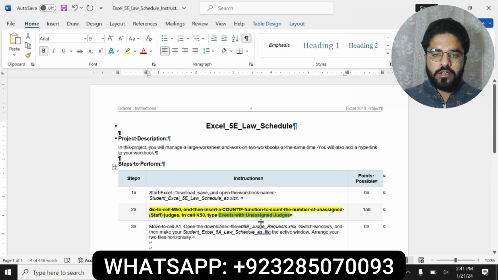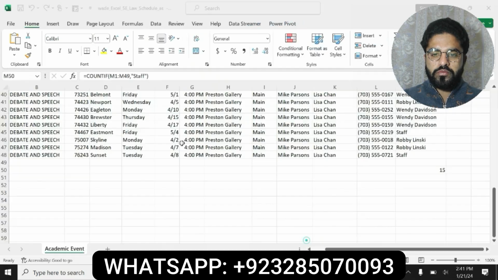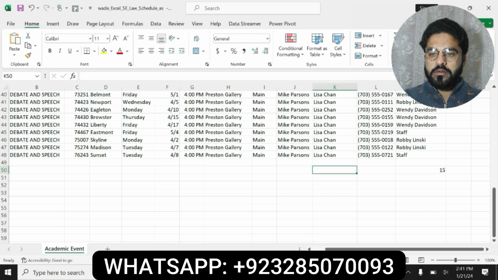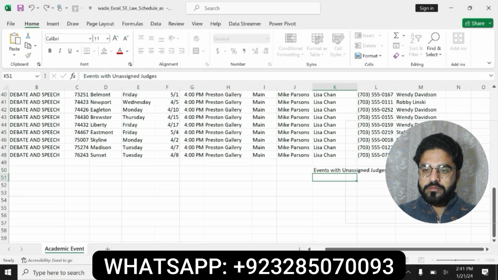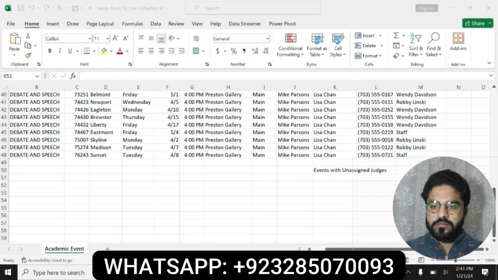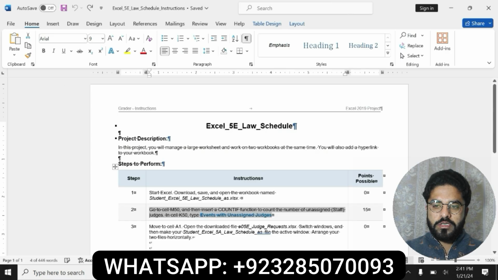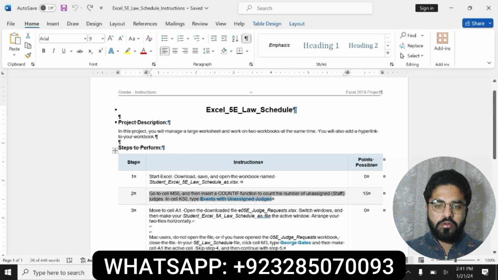Then type events with unassigned judges in cell K50. Move to the workbook, cell K50. Question number 2 is completed. Now we will move to question number 3. Question number 3 is